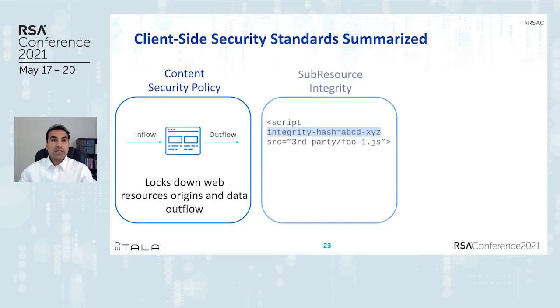The second one is sub-resource integrity. This standard verifies the hash of a third-party script at runtime, and it blocks the script from running if the hash doesn't match. If SRI was protecting the view analytics script from the earlier demo, then the browser would not have liked my malicious modification of the script. The hash would have changed, and the browser would not have permitted the script to execute at all.